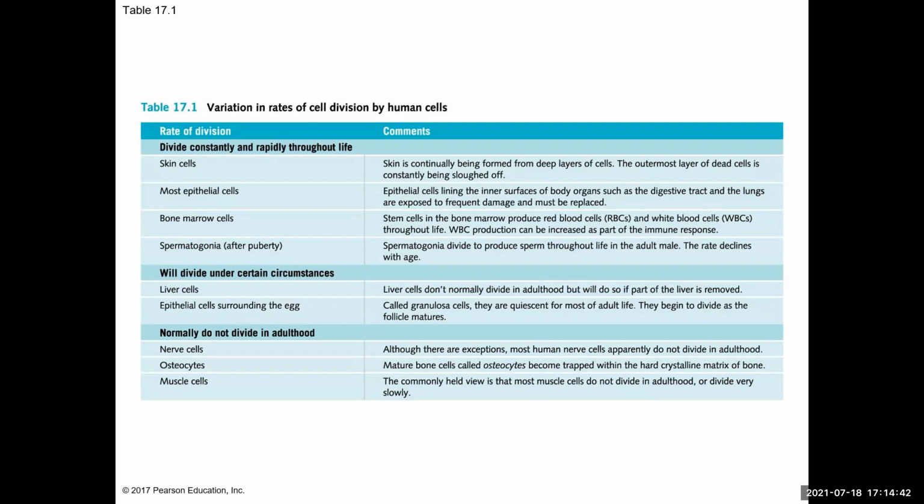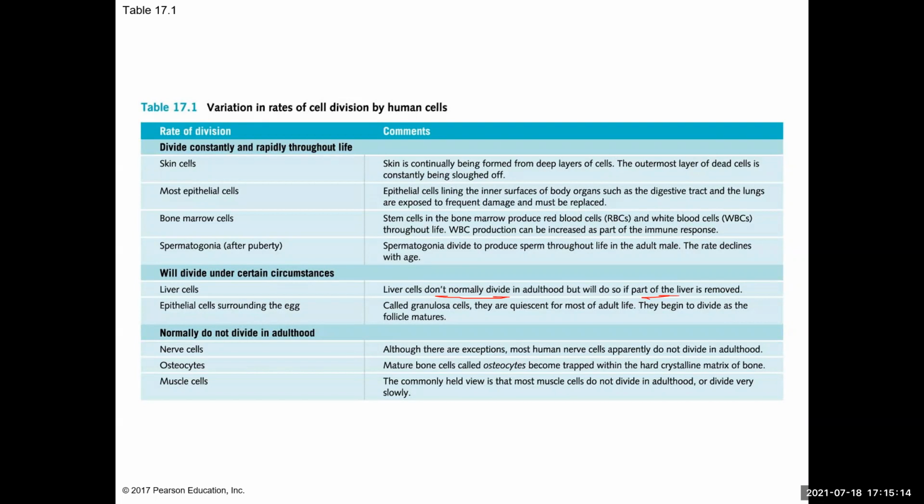So skin cells, epithelial cells, and sperm cells will divide constantly, typically throughout your life. After adulthood, cells like your nerve cells, bone cells, and muscle cells stop dividing. And then under certain situations, things like your liver cells will divide if necessary. For example, liver cells don't normally divide in adulthood, but if part of the liver is removed, then they'll divide